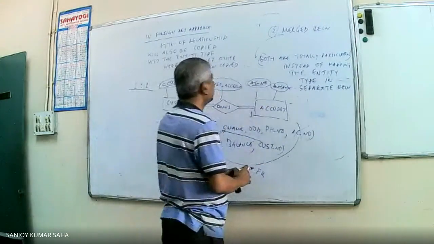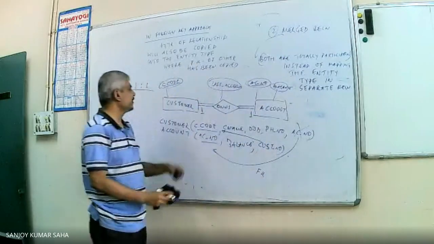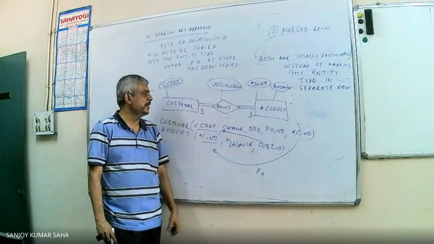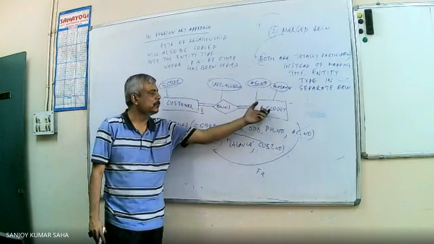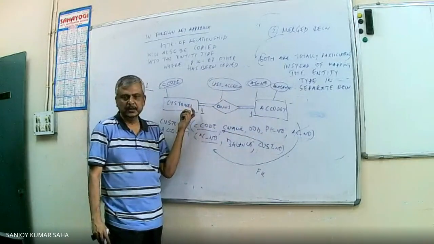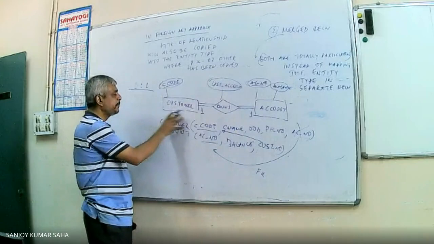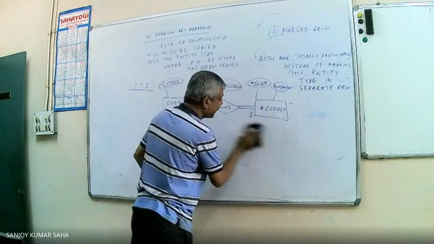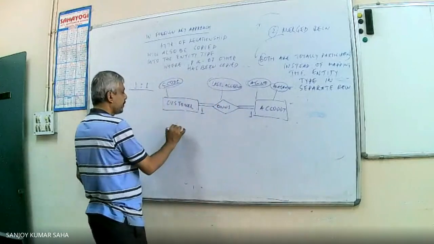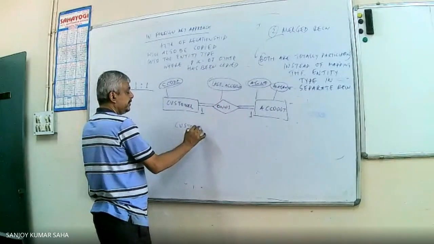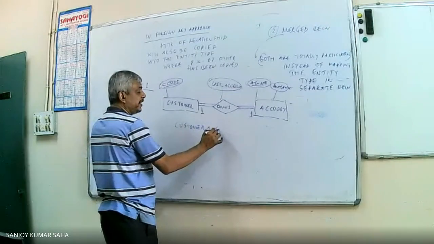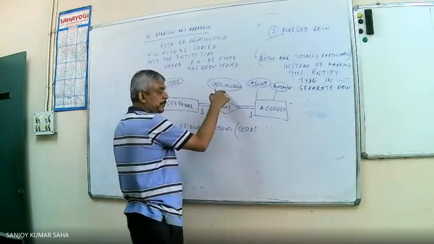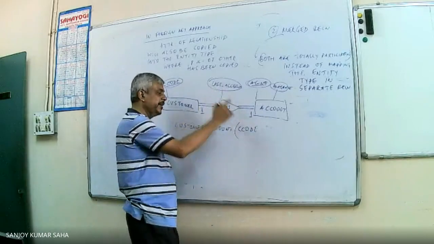Now in this case, if we go for a merged relation, see 1 to 1, and both are totally participating. Customer always has an account, and account always has a corresponding customer. Then why should I keep a separate relation for customer, a separate one for account? Rather, one can go for, say, a customer account combined relation with all the attributes of both and the attributes of the relationship if any.